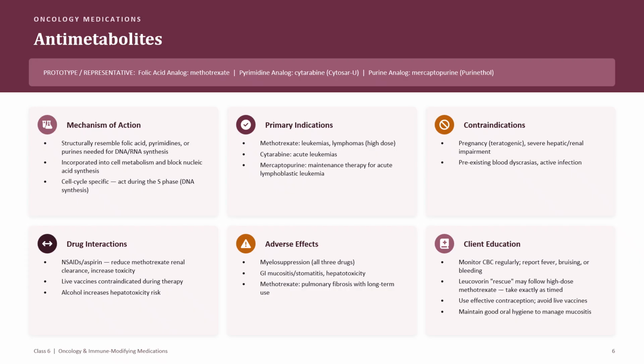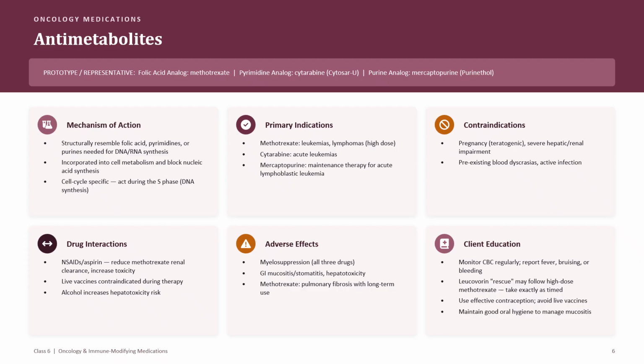So that's a real interaction that shows up constantly when you have patients who are on these medications, because so many patients just reach for ibuprofen without thinking twice about it. So we want to make sure we are including this in our education to our patients who are taking methotrexate, that they should not be taking NSAIDs and aspirins. Reach for the Tylenol instead of reaching for the ibuprofen. And then second,